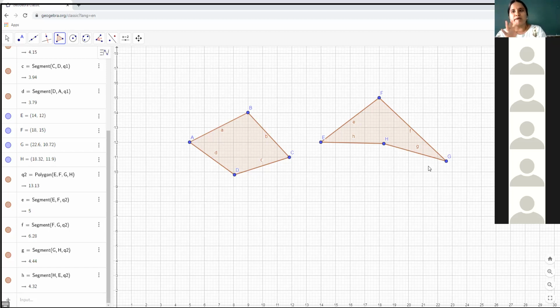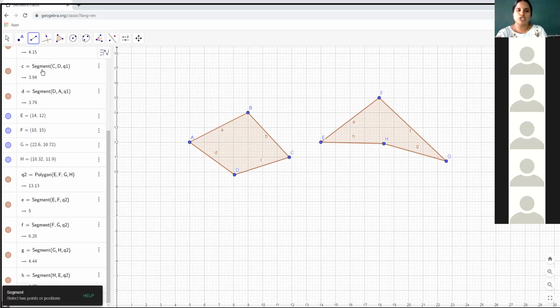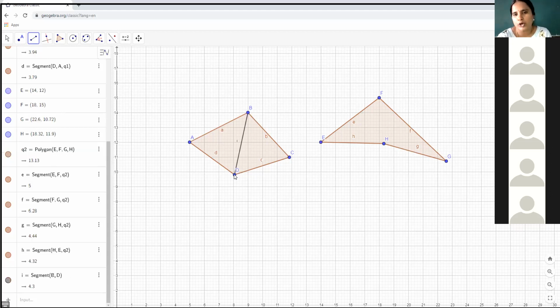The polygon which is bulged inside is a concave polygon. Apart from this, we have the actual definition for polygons being convex or concave. What is that? I would like to draw the diagonals for these given polygons. What is a diagonal? A diagonal is a line segment joining the opposite vertices of a polygon.